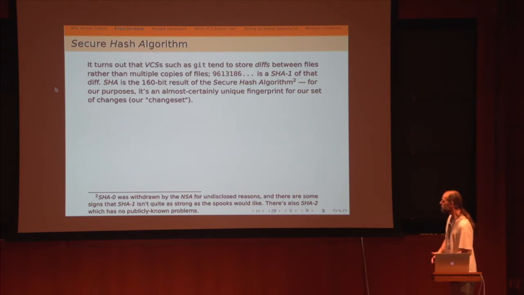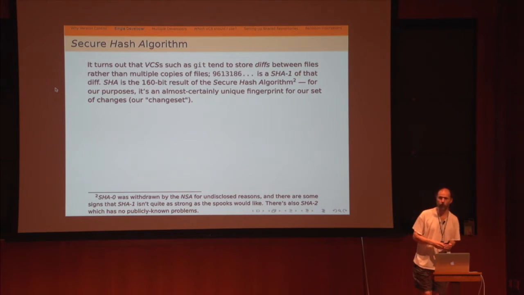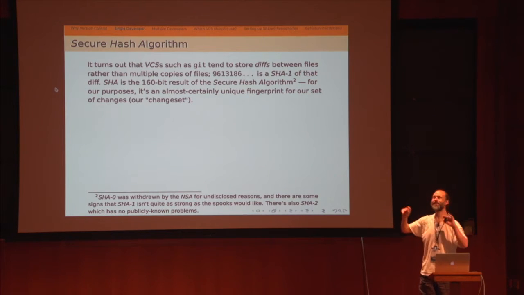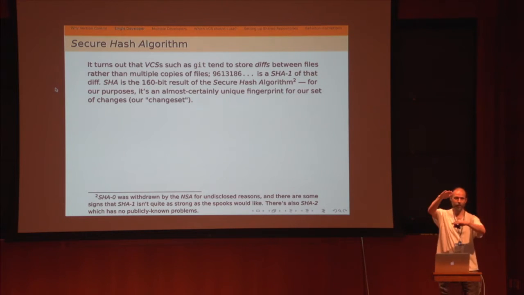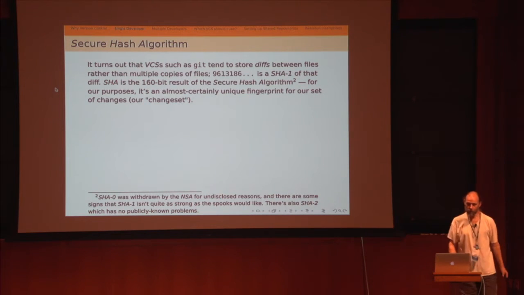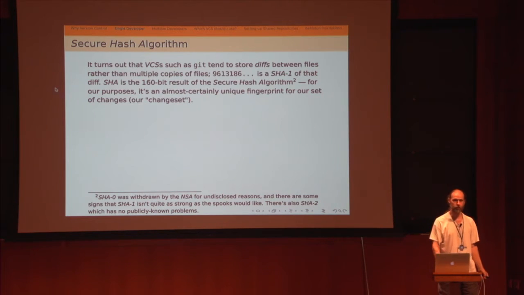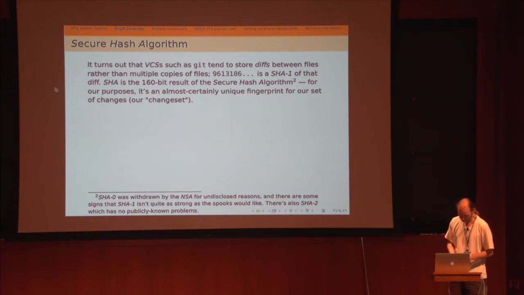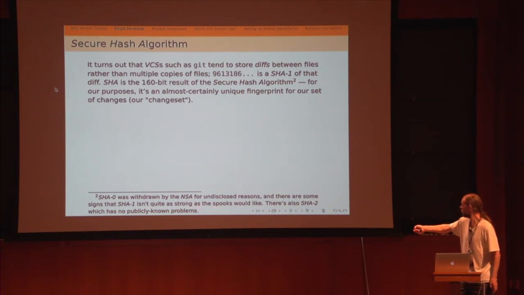SHA-0 had a magic bit in the middle that the National Security Agency never told you how it worked. There was code they explained, then there was something in the middle, and you just don't want to know about that. And then there was lots of code that they explained. Most people thought it's because they had a little trick that if you knew about this, they could break it. So it turned out somebody else figured it out as well, so they delivered SHA-1, which is what we're using.